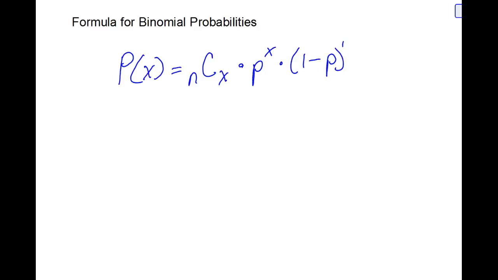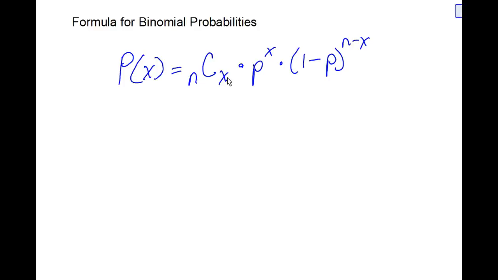In this video, we're going to discuss the formula for binomial probabilities and how to solve for binomial probabilities. So the formula for binomial probabilities is P of x is equal to n choose x times P raised to the x power times 1 minus p raised to the n minus x power. So what this is, it's the combination